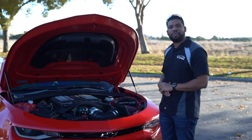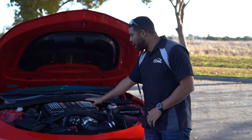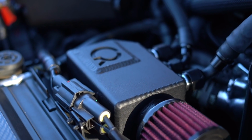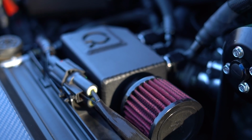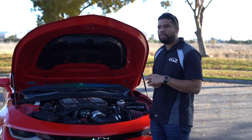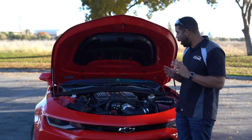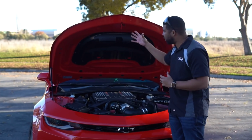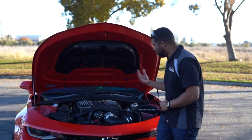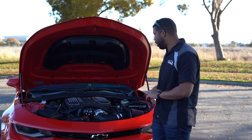Moving forward into some more of the cooling and evacuation side of the house, you see some additional lines here. We have an open element Course Performance catch can or breather tank, and what that's going to do is help us evacuate some of the pressure that's inside the combustion chamber. As you get on the gas and roll into it, you're going to build boost, you're going to build crankcase pressure. If that pressure gets a little too high or out of whack, this catch can is going to vent that to the atmosphere. It's something that you generally want in a high horsepower application. We have these open element cans tied to the valve covers on each side,